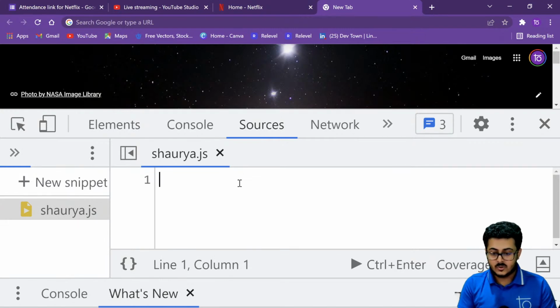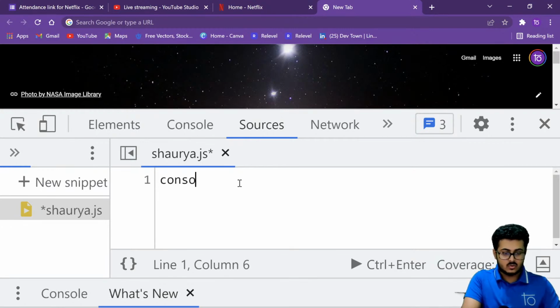If I want to write multiple lines of code, for example console.log and then hello, then I want to write another line of code, I can just press enter, go down below,